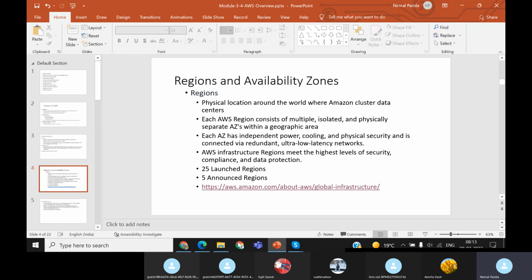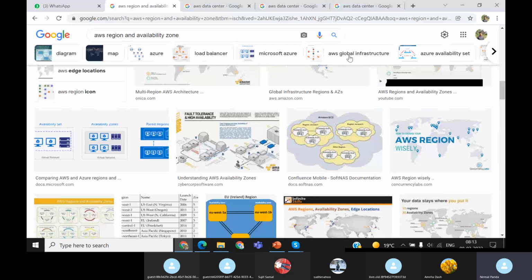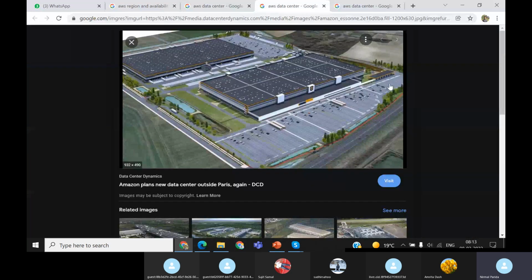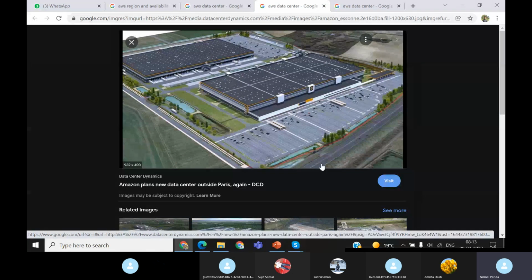If I show you, I saw some images of the data centers: a bunch of buildings. Their data center has multiple buildings, and in those buildings they have racks of compute resources, CPUs, and storage hard drives, all connected through network cables.